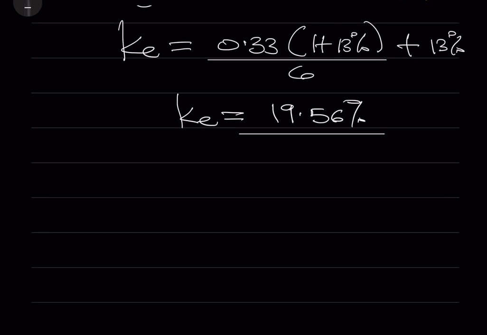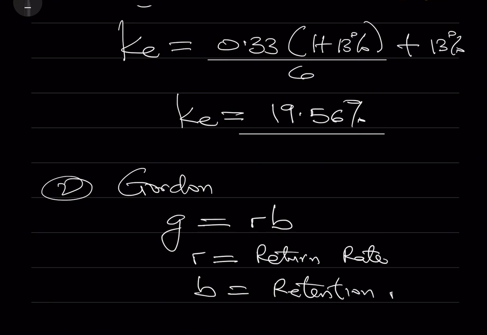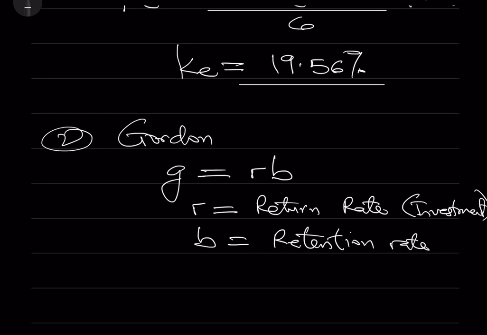Now the second method is the Gordon growth model. You can also use Gordon to calculate, and this is pretty simple. Gordon is saying that the growth rate is simply equal to R times B, and R is pretty easy. It's just your return rate, and B is retention rate. Return rate is return on investment, and you will be given return on investment. And retention rate is,